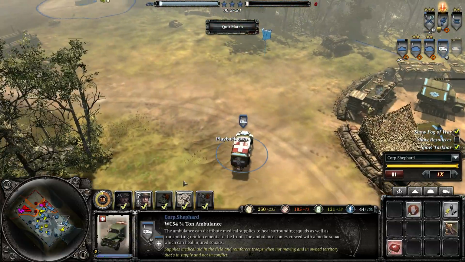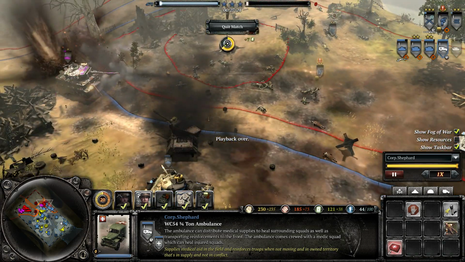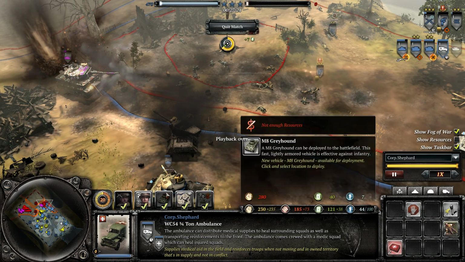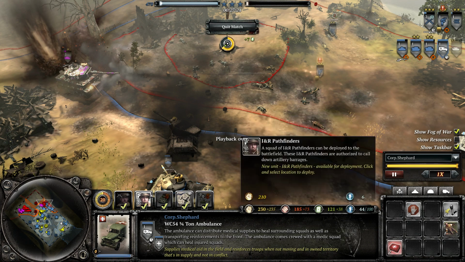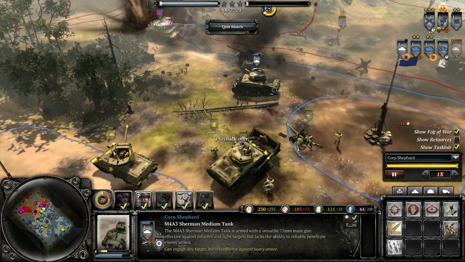Once again, Recon Support, maybe not the most amazing doctrine, but it's actually a lot of fun. I still haven't ever used this in a competitive game, but I do get the use out of the Greyhound. I do really like INR. Recon Sweep's fine. Forward Observers is pretty good. It's kind of hard to make use of it. The bonus isn't incredible,